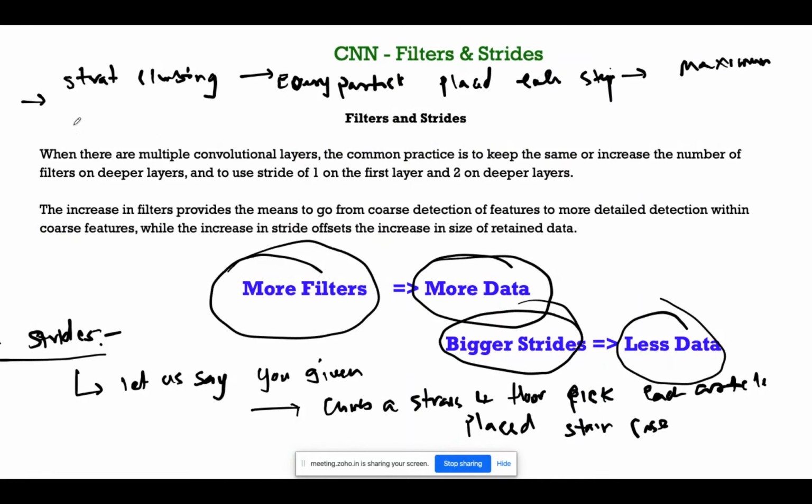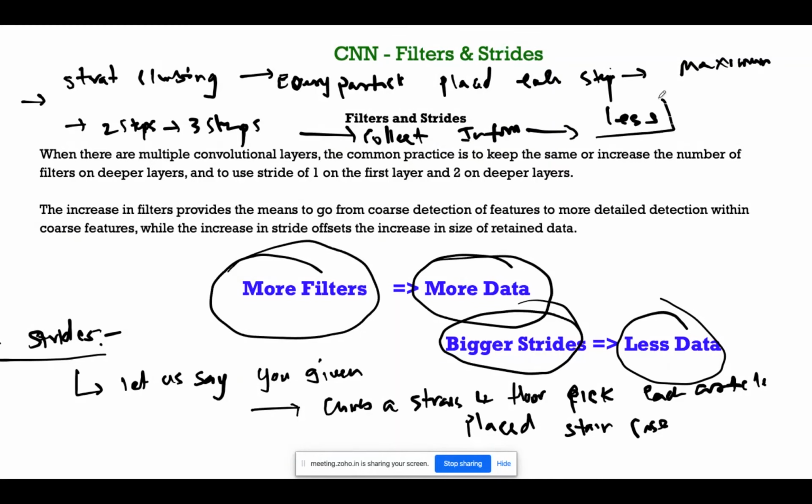When you are climbing 2 steps at a go or 3 steps, you still collect information but comparatively less. So here stride refers to how fast I should collect. This operation is a part of your convolutional only.